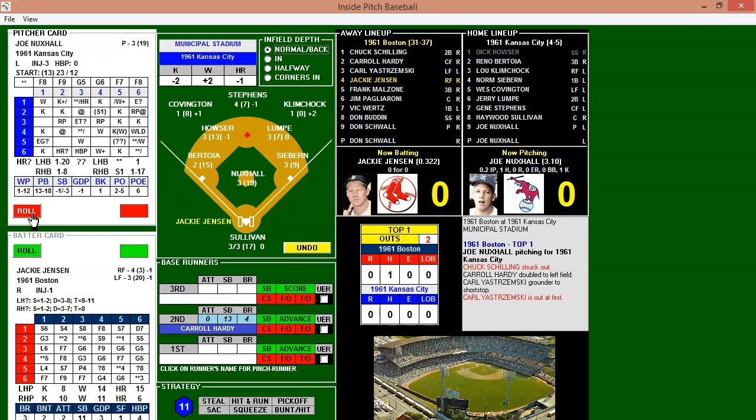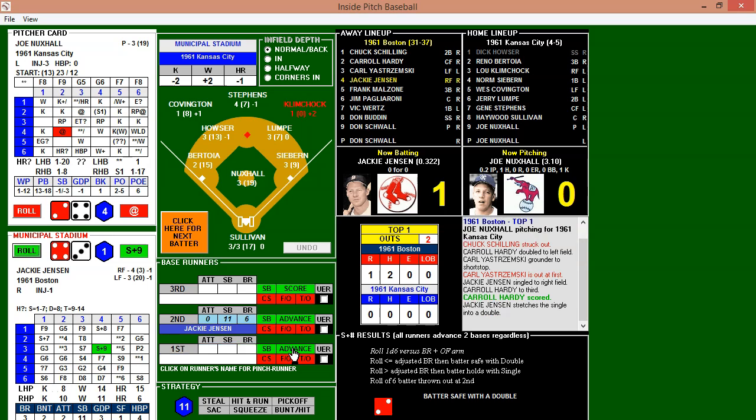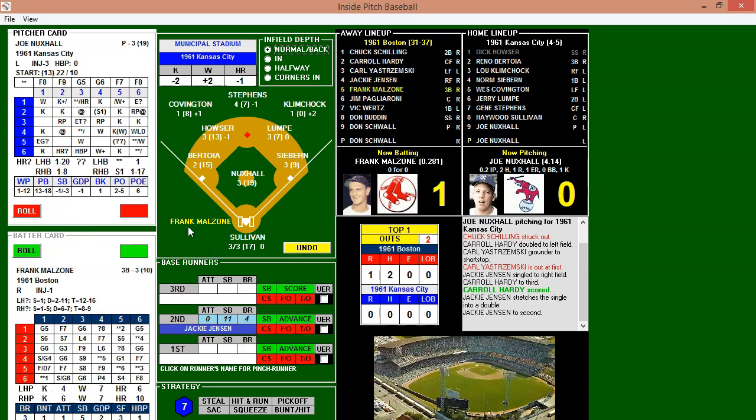Red Sox would love to have Jensen go yard here. Knoxall looks in for the sign from Sullivan, looks at the runner, kicks and delivers. Two, 4. And it's going to be another ballpark check, 4-3, and that is going to be a base hit. As Schilling comes in, Hardy comes in to score. And Jensen will advance to second on the throw home, so Jackie Jensen's RBI single puts the Red Sox on the board first.